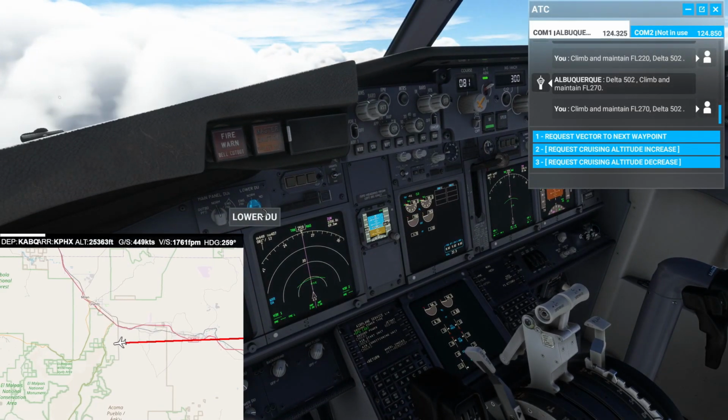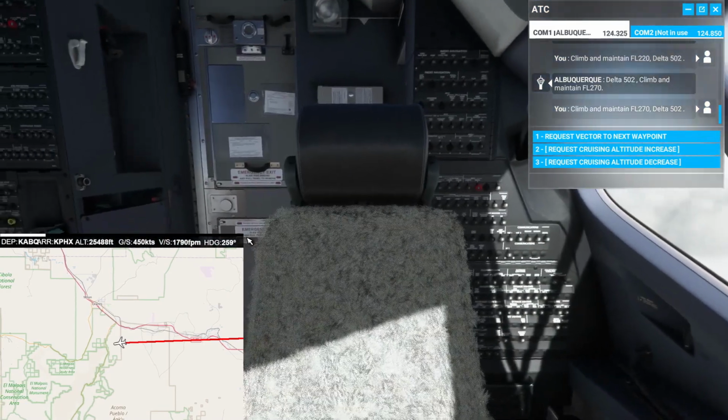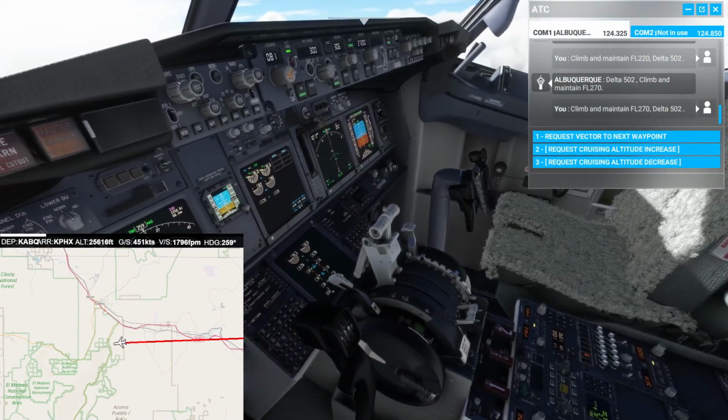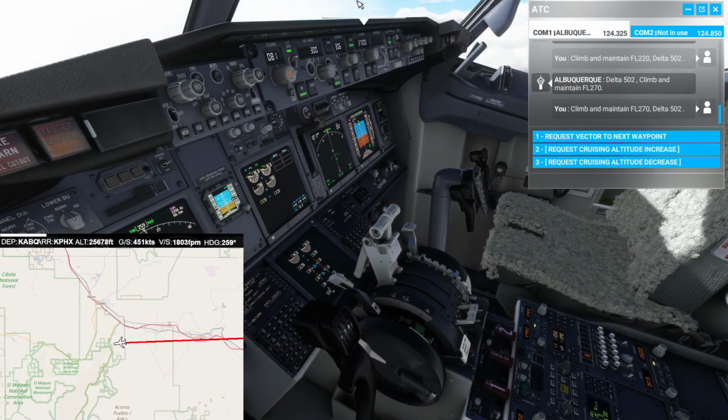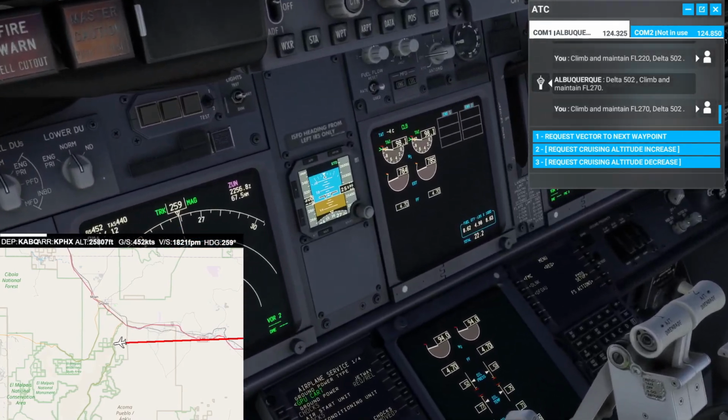We should be able to get our speeds up some, like 320 here. So we are going to be passing through a couple clouds here, so hopefully the turbulence isn't super bad. Just putting down the seat because I want to. Anyway. Aw, look at a little cute little